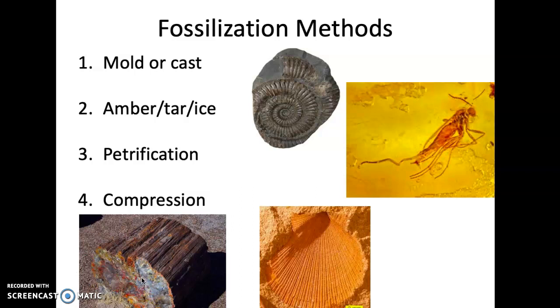It could be a mold or a cast. So a shell, for example, here, might have fallen into the mud, and then that becomes hardened, and what's left behind is the actual mold, which then fills in with something different, with dirt, and it becomes a cast of that actual mold. That's a possibility. This insect here has been